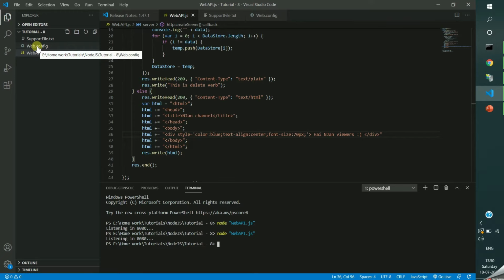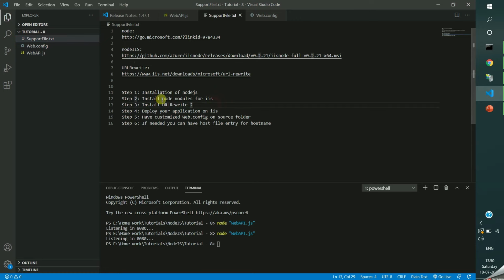We have some prerequisites before starting this deployment. Step 1, we need to install Node.js. Since we are developing a Node application, Node.js is definitely needed. I already have it, so I am not installing it. I will give this link so you can directly download and install it.